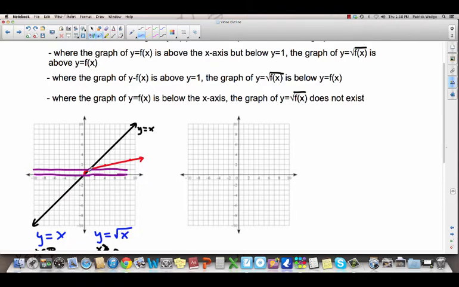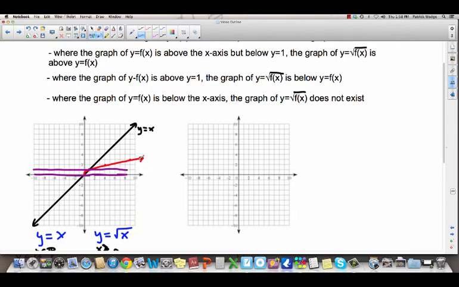And in this case, it's true. I know I've exaggerated a little bit, but that's why I exaggerate. I wanted you to see that. The red one is above the black one. But then, once you get above this 1, the black one should be on top of the red one. That's what this says. Where the graph is above y equals 1,